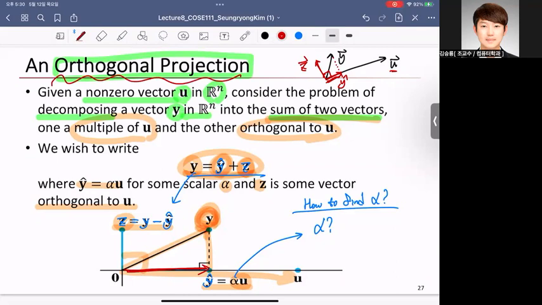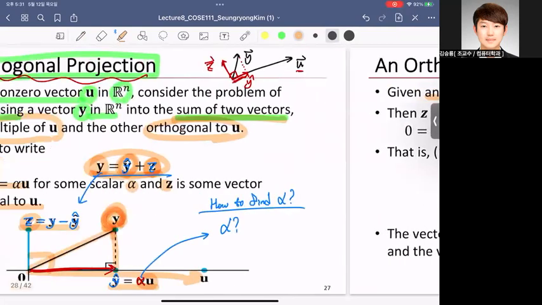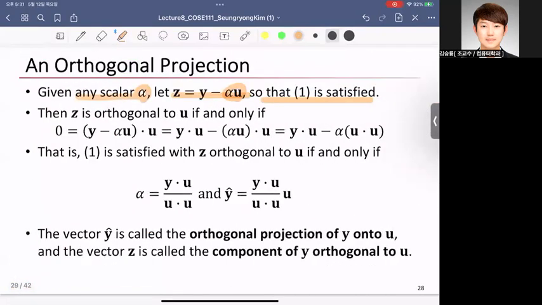This vector is determined by alpha. So the question is how to find alpha, and then we can find the projection of y on vector u. Okay, let me show you further. Given any scalar alpha, let's say that z is equal to y minus alpha u. That is the first equation. Then z is orthogonal to u, by definition, if and only if